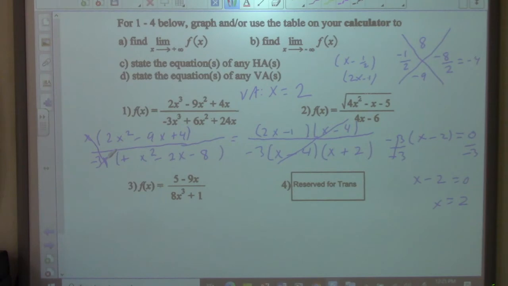These other discontinuities at 0 and 4, they are not vertical asymptotes, because instead of vertical asymptotes, they are